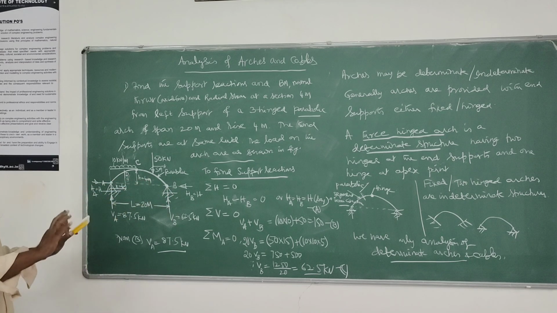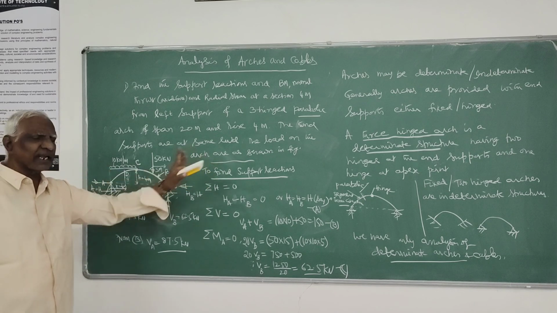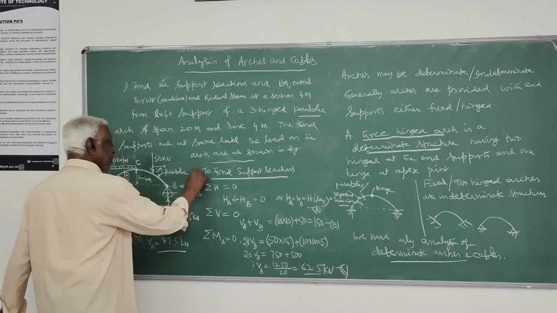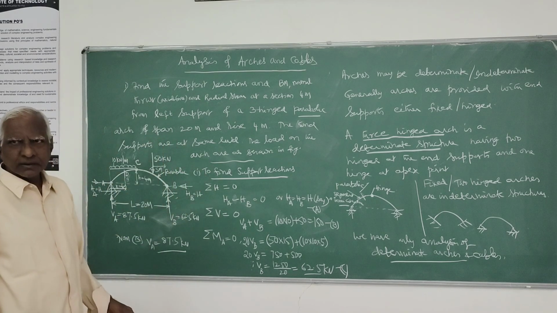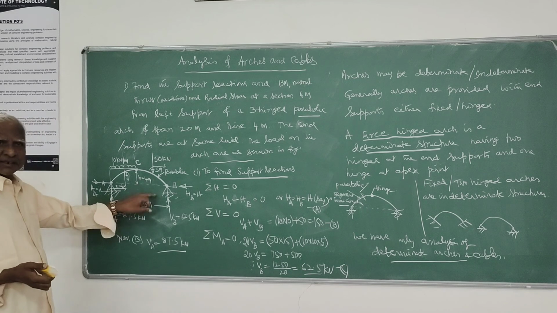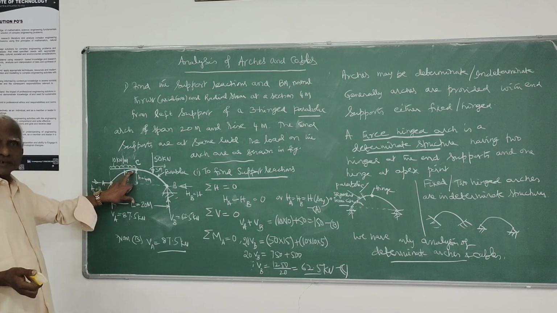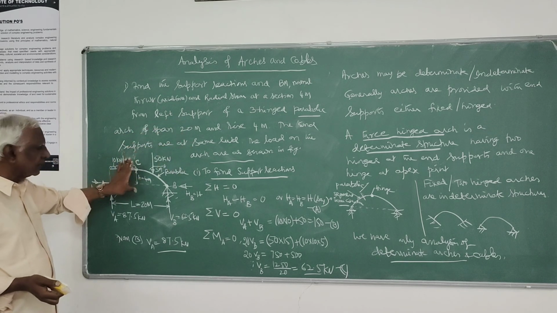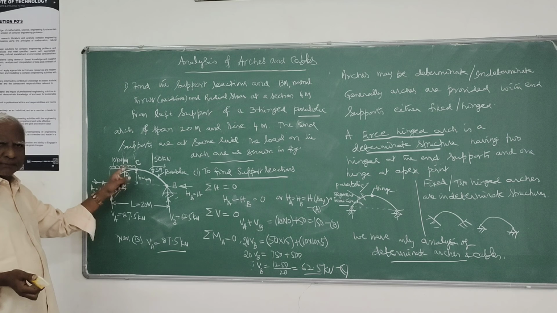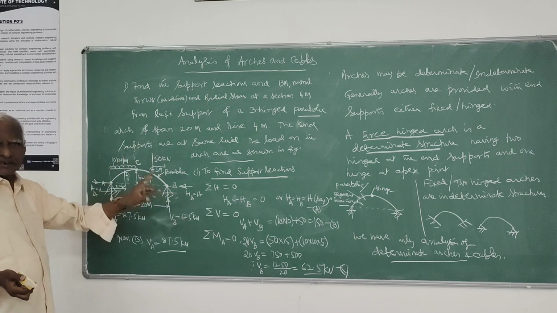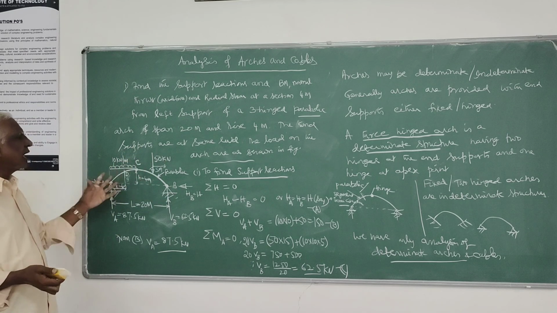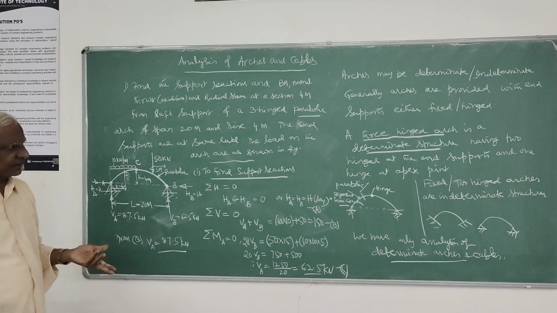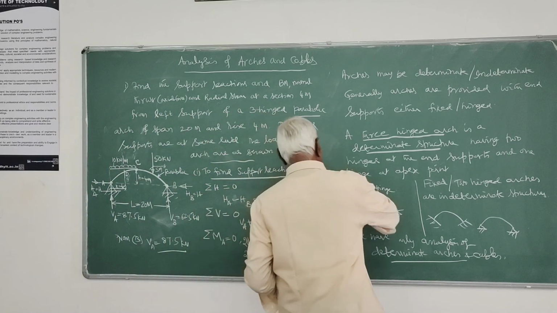HA and HB are equal. If you determine that horizontal reaction, then the first step of finding the support reactions is over. So how to find the value of H? You take a free body, because there is one more condition, MC equals 0, as I told you. This is the fourth condition. So I will take the free body diagram towards left or right of that apex hinge and take moment about that, and I will get H. That's a simple, straightforward process.